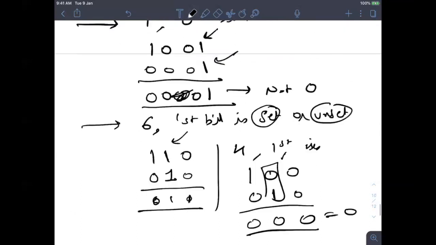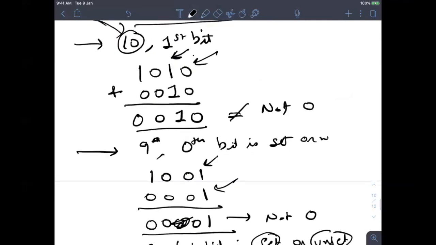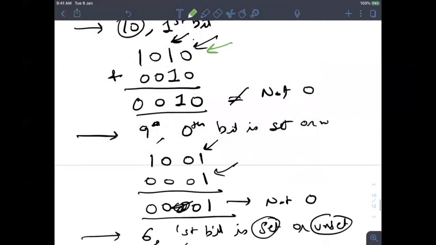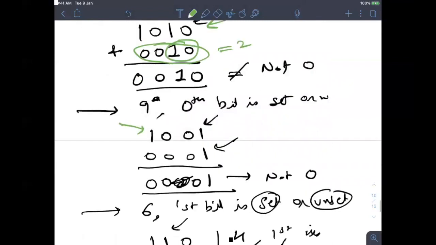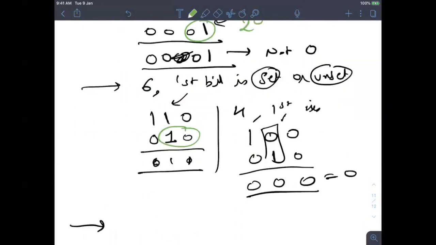Now let's look closely at these numbers. This number you already have, which is given by the question setter. Now what is this other number? How will you find it? If you think closely, these are all powers of 2 because everything else is 0. This is again a power of 2, which is 2 to the power 0. This is again a power of 2, which is 2 to the power 1.